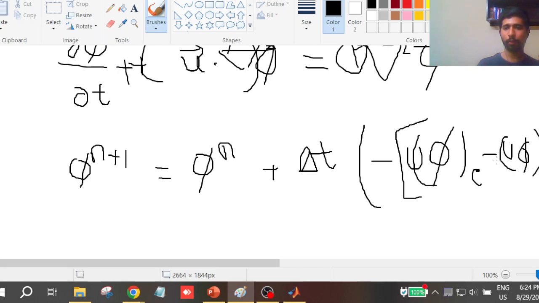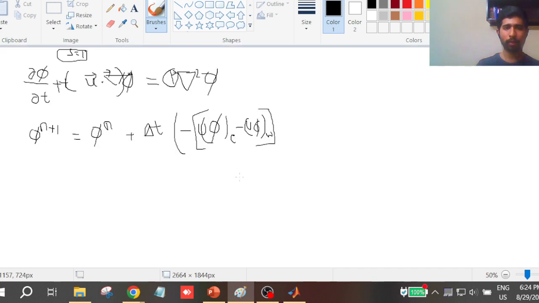If I do the finite volume integration, and then what terms will be remaining, minus of this plus the diffusion term. So diffusion term, how we will write, tau into the del square phi term. So that you will get it as del phi term,